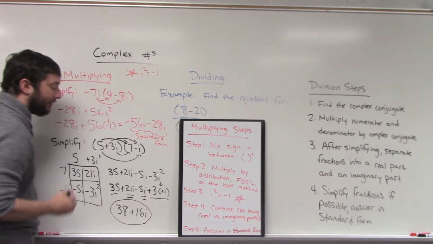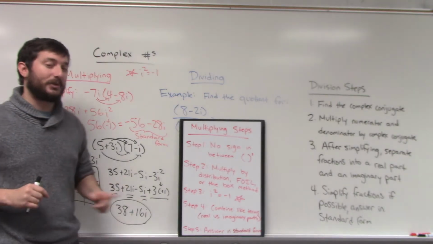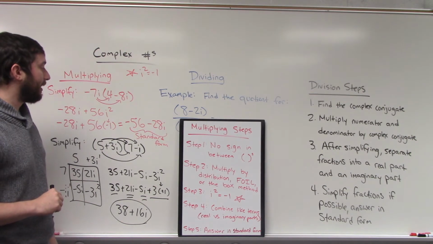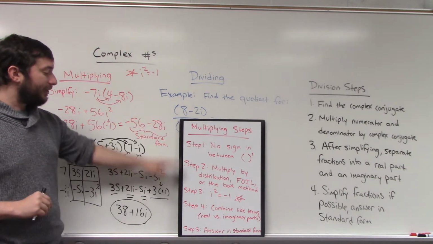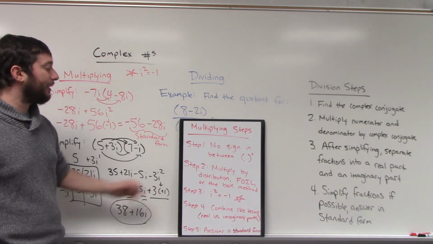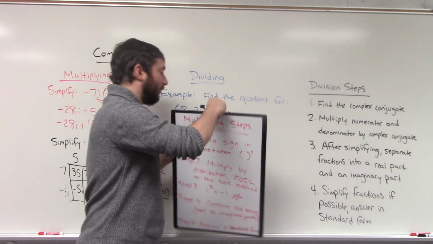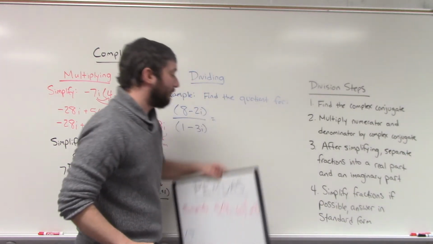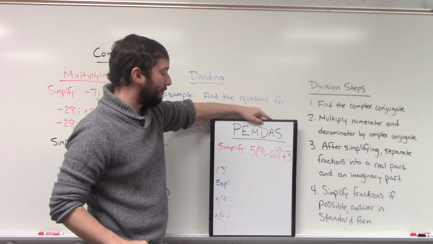So don't forget to use your calculator. Okay, I almost wrote negative 16i. So that should help you to avoid any careless errors. Follow these steps, always write in standard form, a plus bi, and that is how you're going to multiply with complex numbers. Now that we're able to do that, before we get to division, I want to remind you of